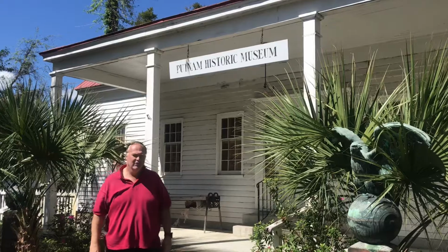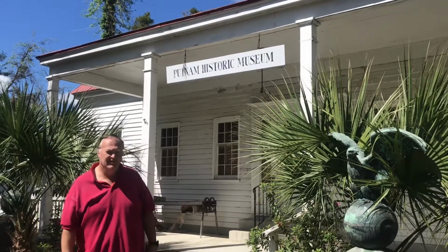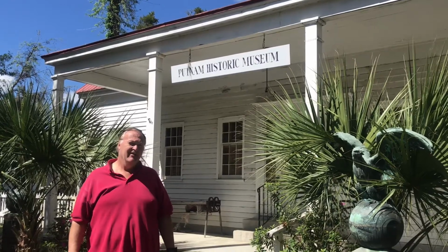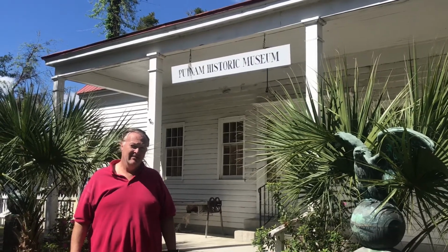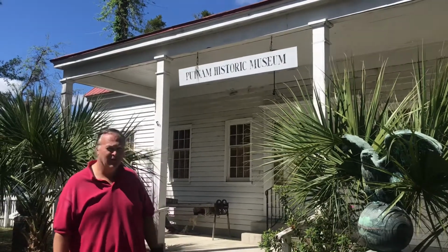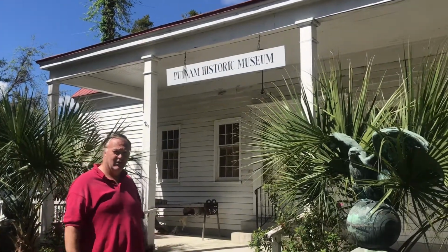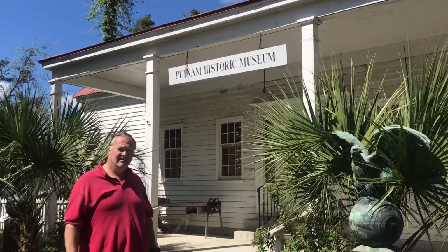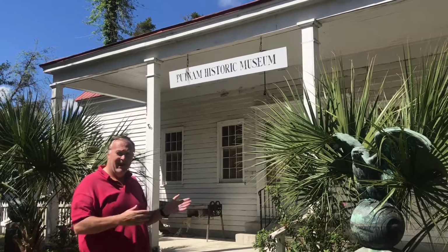This is the Fort Shannon officers' quarters. It was built in 1838 in Palatka, Florida. The town of Palatka had been burned to the ground in January 1836 by the Seminoles during the Second Seminole War, and the U.S. Army built this fort in 1838 and had 8 blockhouses, a stable, barracks, and this is officers'